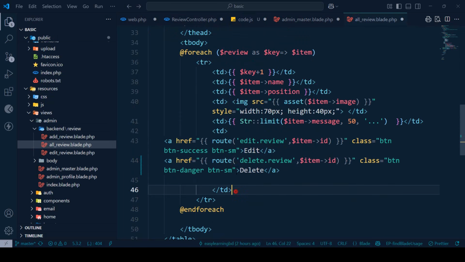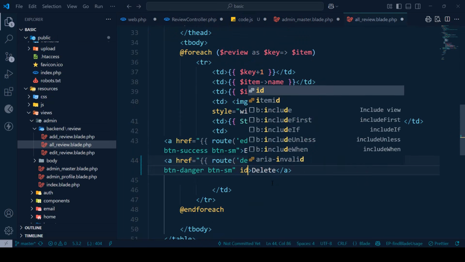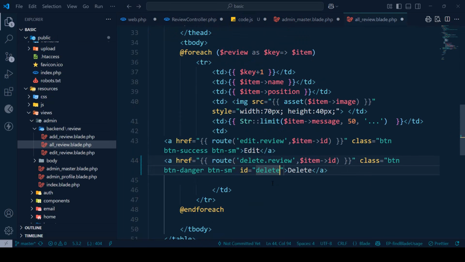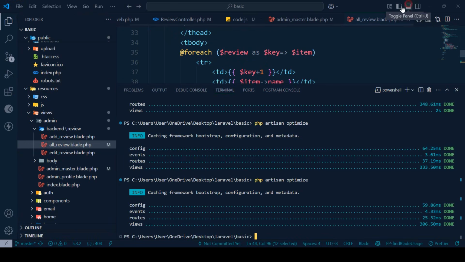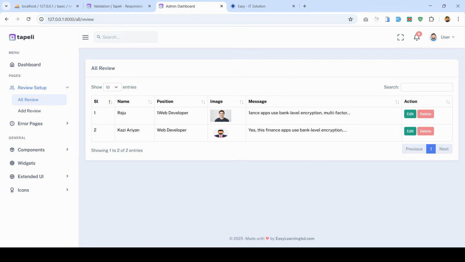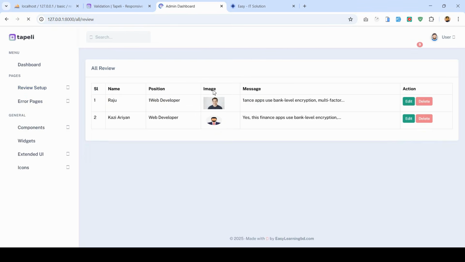That is the actual our delete. In here we have to pass that ID. ID will be delete. Now that should also work. I'll show you. If you now click Save All, and now if you go, I want to run that PHP artisan optimize. And now if everything is okay, that should display our sweet